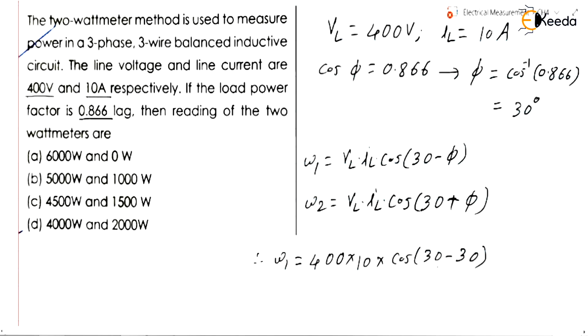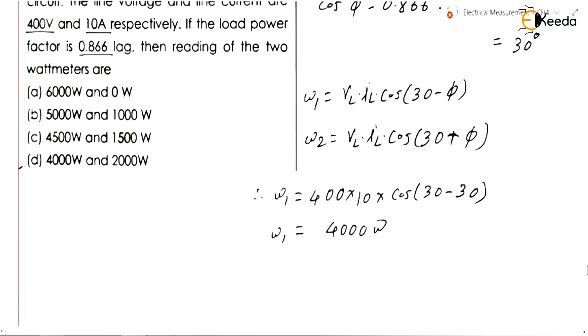Okay, so it is equal to 400 into 10 into cos 0. So it is 4000 watt. This is the W1, right? Next, W2,